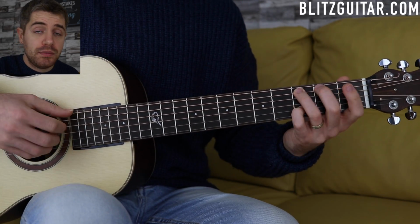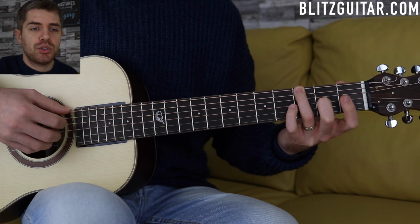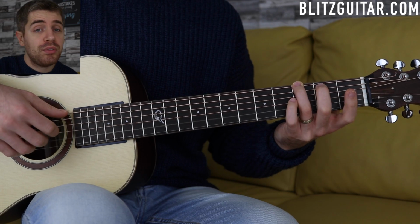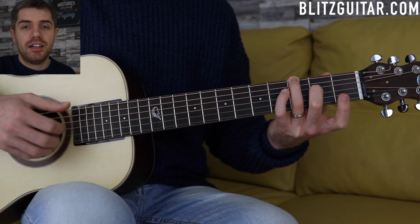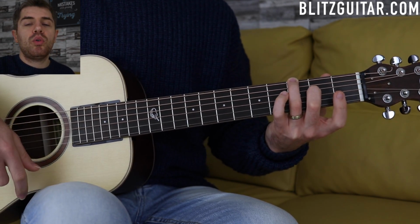The last chord is G, and I'm playing this beautiful G add 9, one of my favorite chords. So I'm playing the B string open, the low E fret 3, the D string open, the G string fret number 2, which is the note A, the add 9. And then the B string open. So when I put the whole thing together,